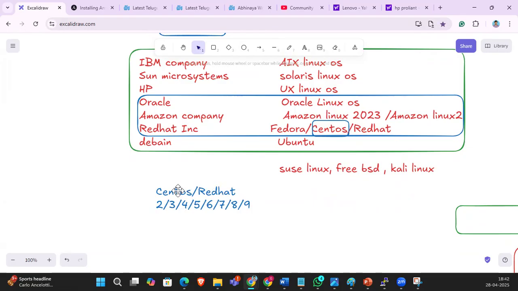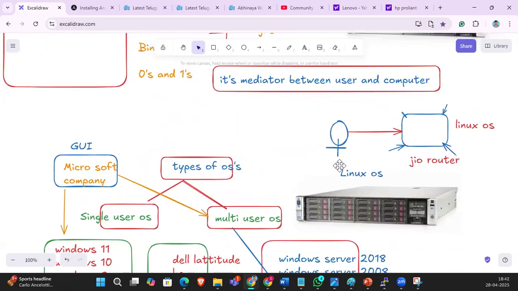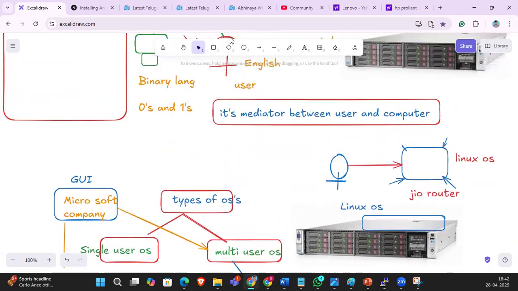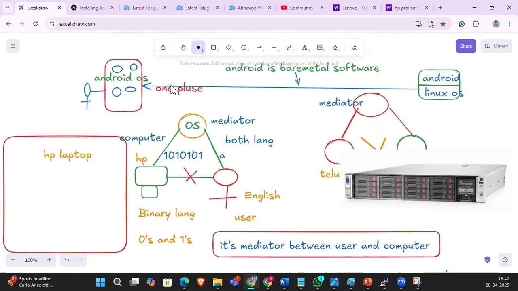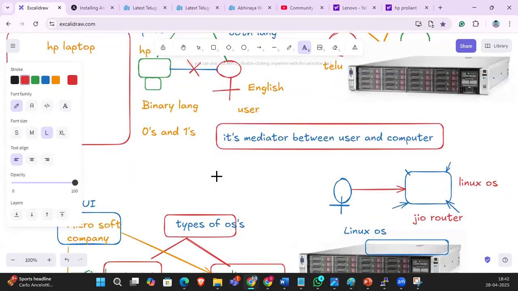What is the current version of Red Hat and CentOS? 9. Okay. So which Linux OS are we installing on this hardware? Guys, speak out.